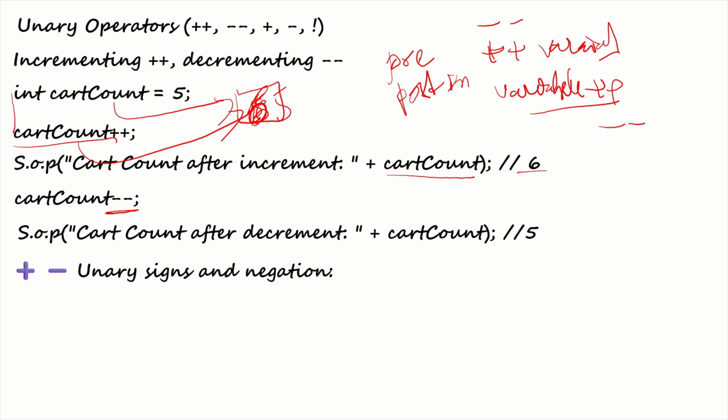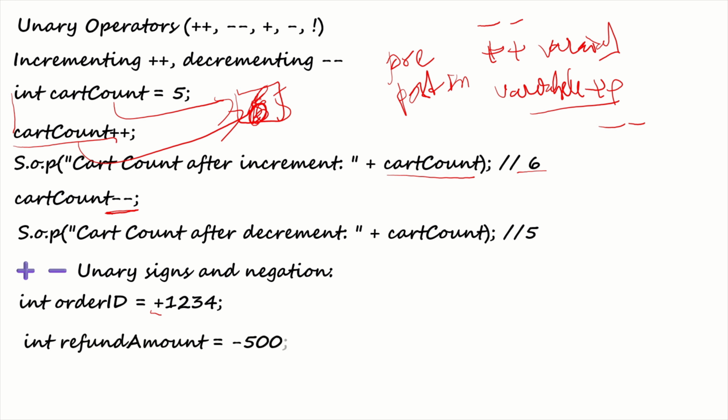So plus holds the positive symbol and minus holds the negative, negation symbol. For example, if I have an int orderID, you don't need to explicitly give plus, but if you give it explicitly, it will be treated as positive only. Even if you don't give it, it will be treated as a positive number. So wherever you access orderID,